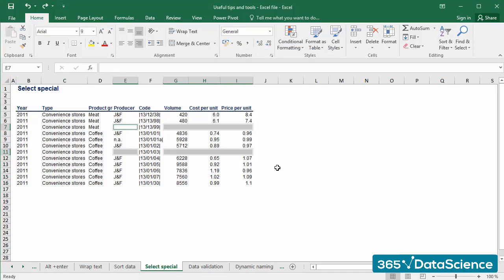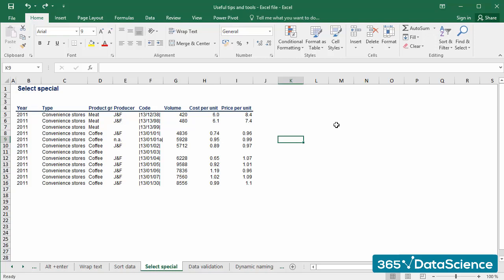We can do the same thing for cells containing formulas, constants, comments, etc. Now, let's go a step further and import some content within these selected cells. In our example, given that we have many blank cells, let's type NA, standing for Not Available, within each of